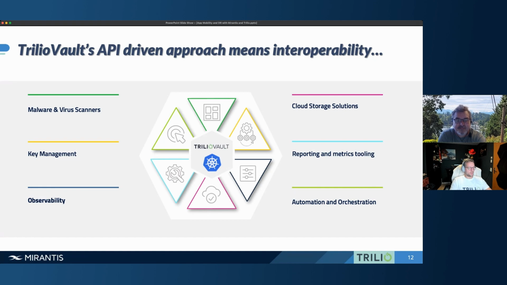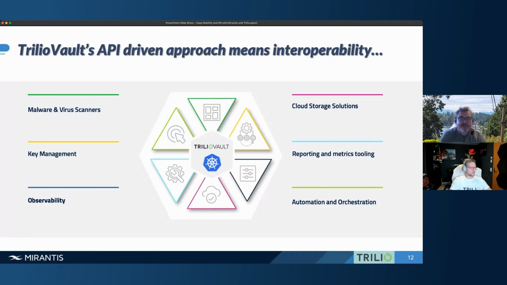But in every enterprise architecture, these tools are already existing, hopefully. And we have to be able to leverage them to enrich Trilio. For example, if you have an Okta authentication provider in place and you would like to use it for Trilio as well, obviously, one authentication provider is always better than having a second one provided by Trilio. That doesn't make sense. So we are compatible to these